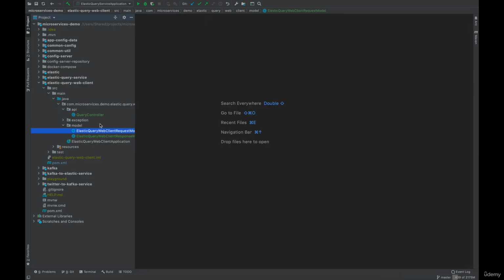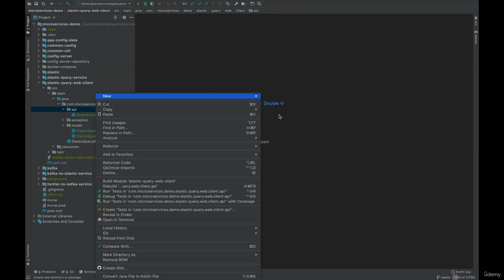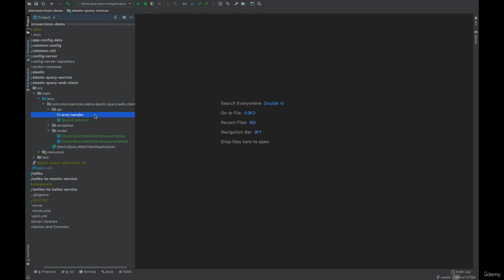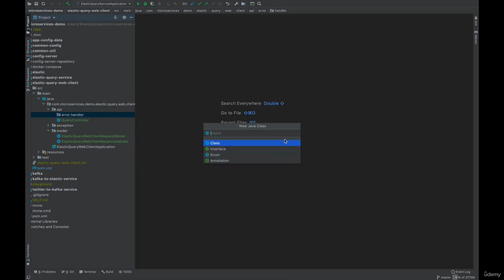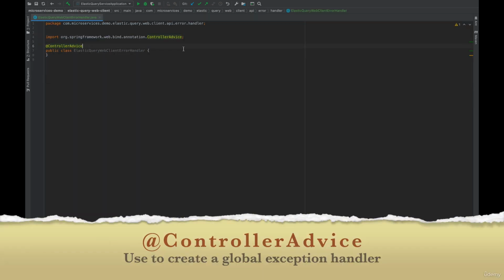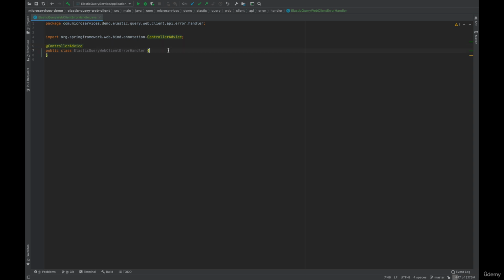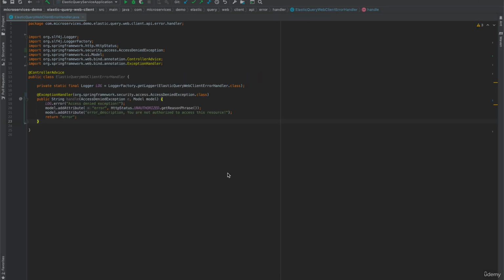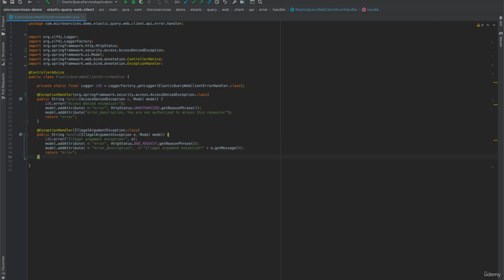Let's also add a controller advice to catch unhandled exceptions, as we did in the query service. So I will create a package error handler and create a class Elastic Query Web Client Error Handler. First, I will add a log variable and then add overloaded handle methods. But this time, I will put the error also on the model objects to be able to show it on the templates. Here I handle access denied exception, illegal argument exception,